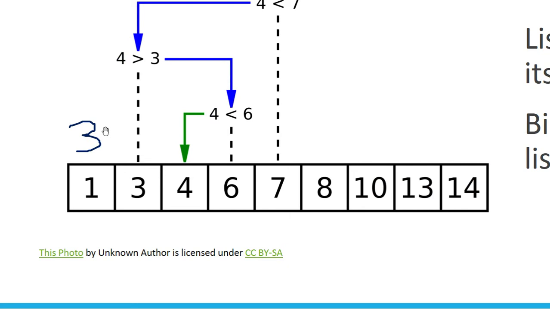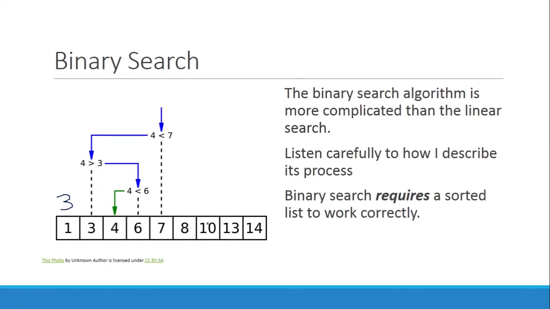So if I'm looking for 3, what binary search does is it starts in the center, the very middle element. Now, what is the relationship between 3 and 7? Well, obviously 3 is less than 7. So here's the question. If this list is sorted and the number we're looking for is smaller than the middle element, is it at all possible that our target is going to be over here on the right side? No, of course not. So I can actually just ignore those 4